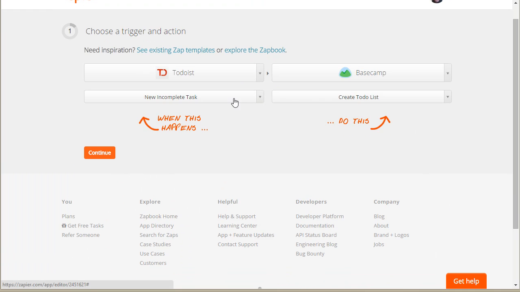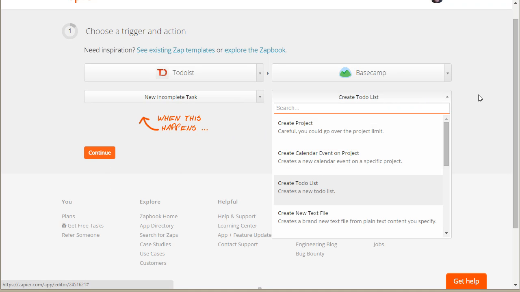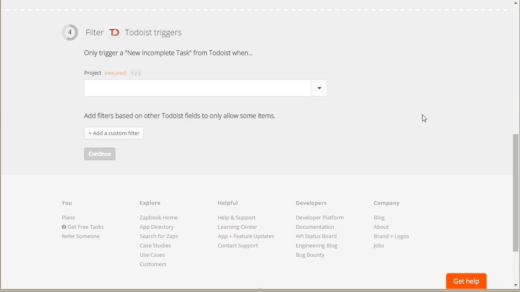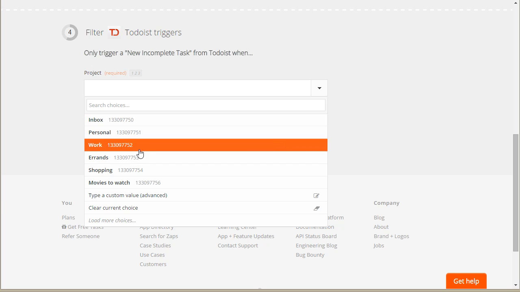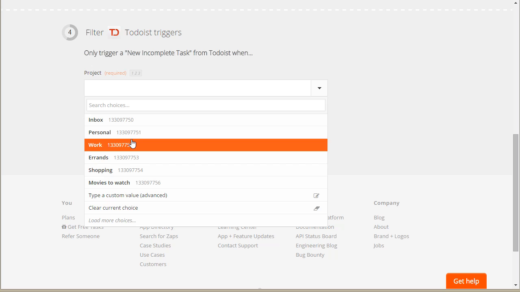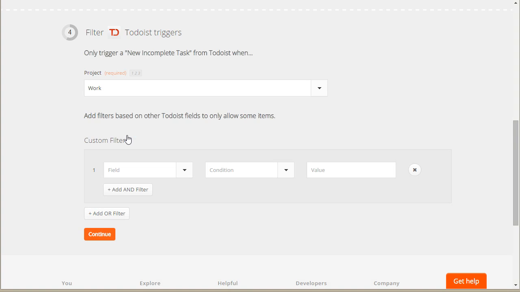And now, of course, we didn't have to go through all that. We could have just changed the list. But so easy to do, though. Continue. It knows all our stuff. So continue. And so in Todoist, we're going to say, oh, anything from, you know, again, personal or, you know, whatever projects that you have in Todoist. And you can say, I only want ones that,